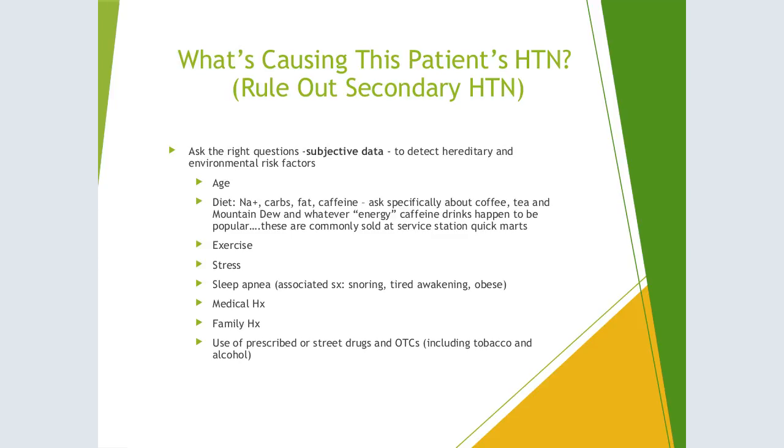What is their personal medical history? Do they have any personal history medically of hypertension or preeclampsia or whatever? Do they have a family history of hypertension, heart disease, stroke, etc.? Do they use prescribed drugs that are stimulants of some sort? Or do they take illegal street drugs like meth or cocaine? Do they use a lot of tobacco or alcohol that would be causing narrowing of the arteries and some spasms? So ask all the right questions. Don't be afraid to ask questions.